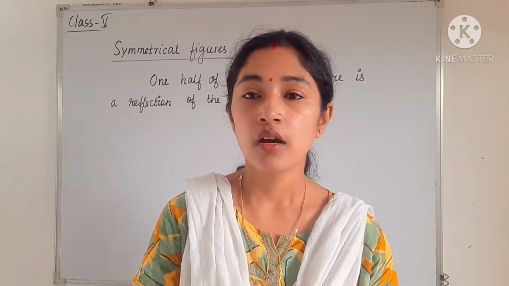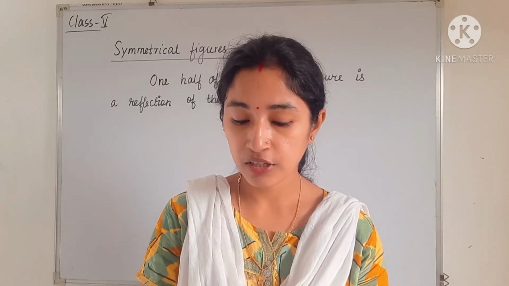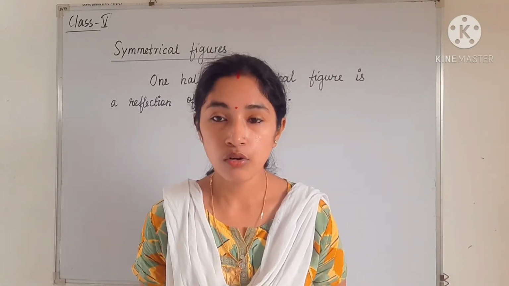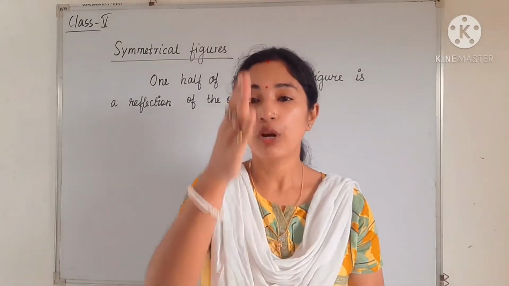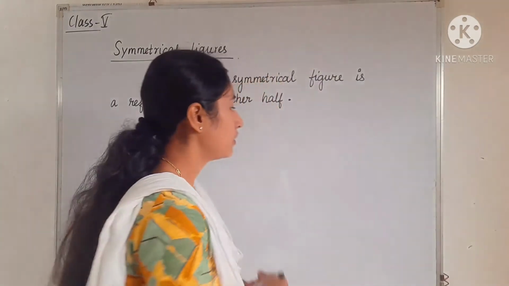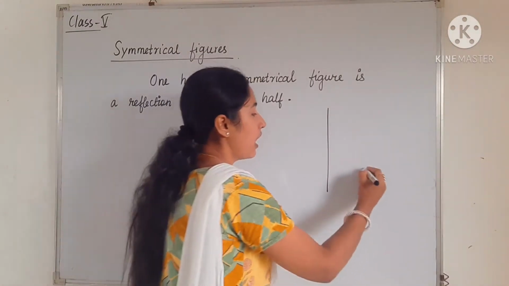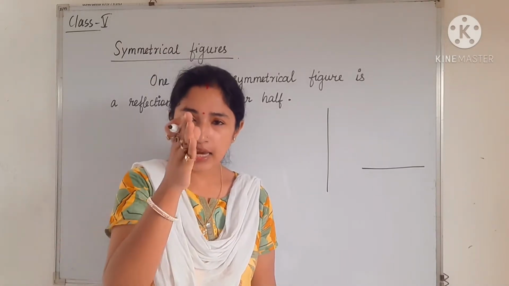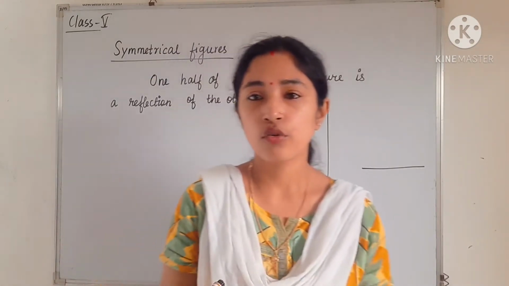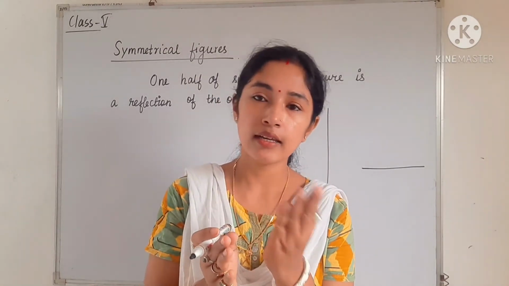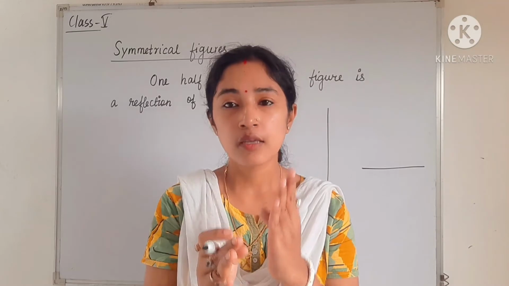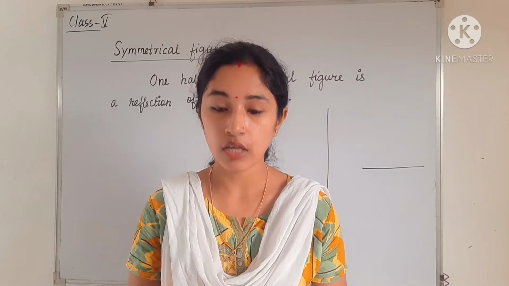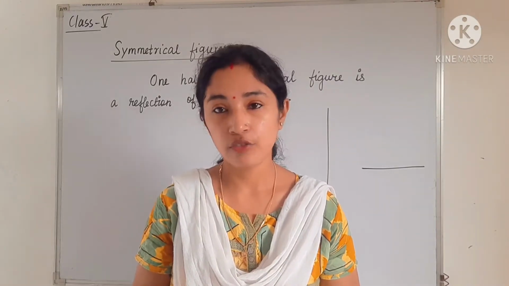In number 1 there are different objects given. First of all, the first one is an owl. You can see if you draw a vertical line. Vertical line is this one, and this is called a horizontal line. So if you draw a vertical line exactly through the middle of the owl, you will be able to see that exactly half of the owl is similar to, or you can say is the reflection of, the other half of the owl.